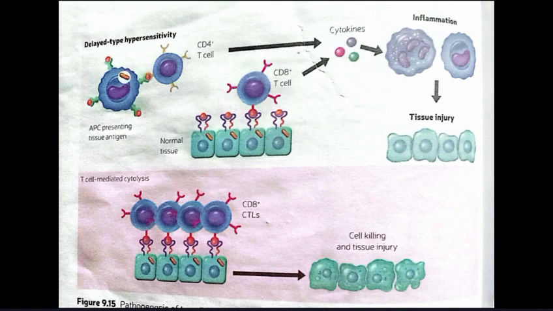Take note that CD4 plus T cell is the primary effector cell, while the CD8 plus T cell generally plays a secondary role and both produce cytokines, and later on will lead to inflammation and tissue